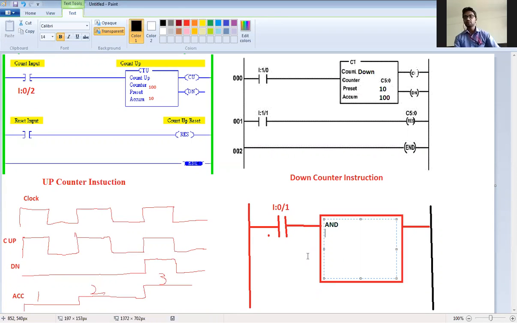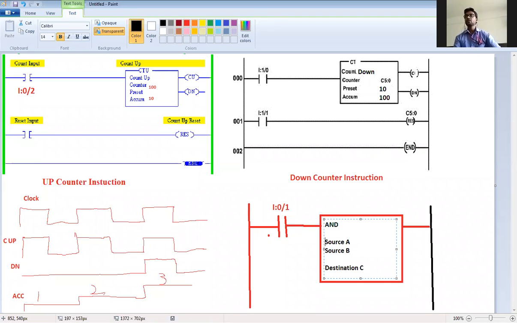So source A is there, then source B is there, and destination C is there. You can say C or any value.